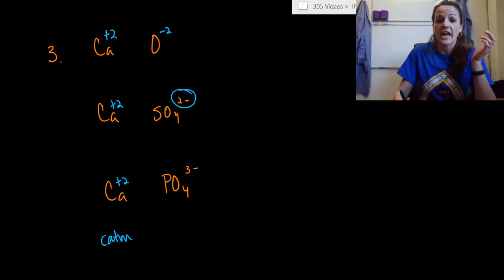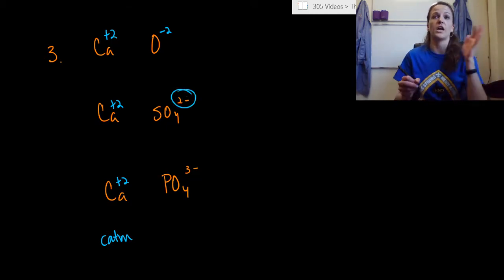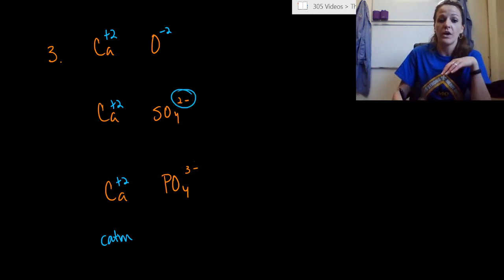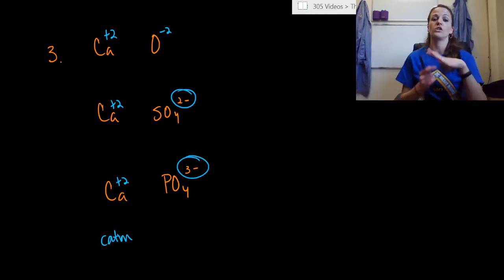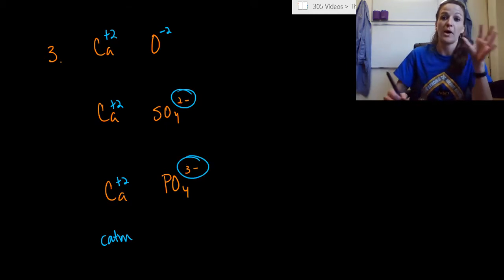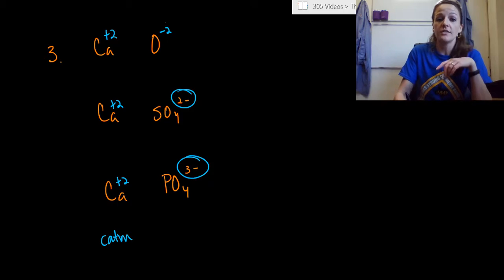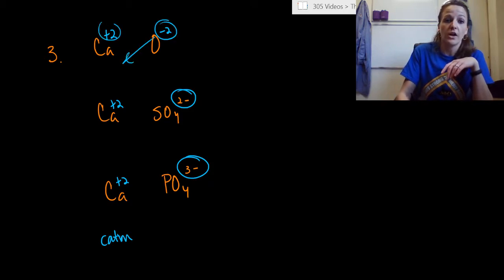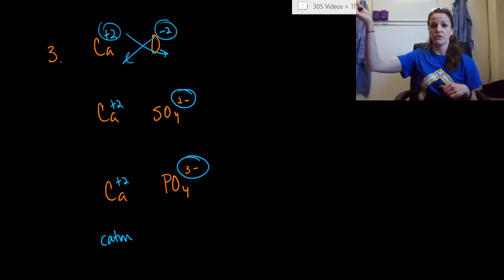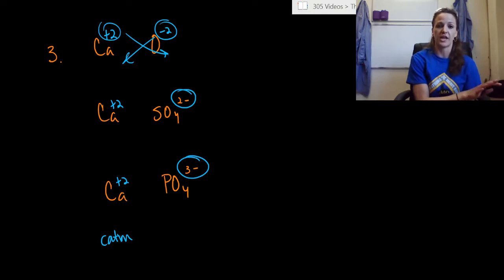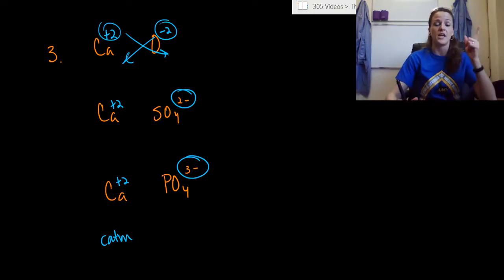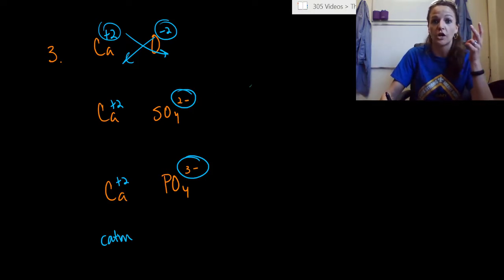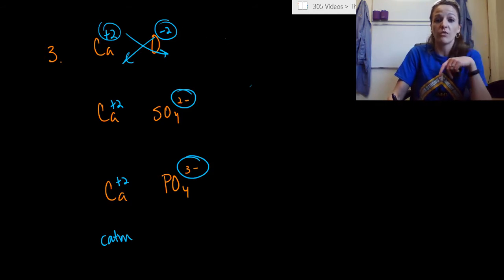Now our sulfate has an overall charge for the entire polyatomic ion of -2. And then phosphate also has an overall charge of -3 for the overall polyatomic ion. So again, just like before, you just flip your charges, okay? So if it's a -2 for the oxygen, that becomes the subscript for the calcium. Now the first thing we're going to see is that both of these have a 2 charge, so +2, -2. So when we write this out, instead of writing Ca2O2, we're just going to write calcium oxide, just like that,